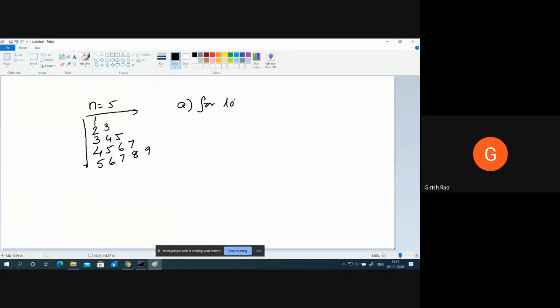Using for loop, using while loop. This solution should come at 1143, and this should come at 1146. At 1143, I want the for loop. At 1146, I want a while loop. Think about it.